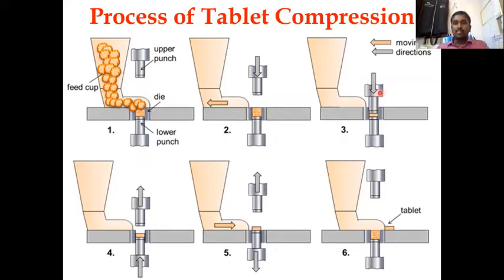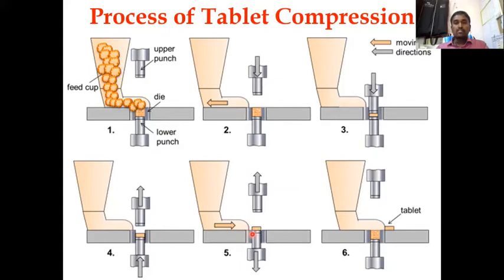Now the upper punch, which was situated here, will be lowered. Then these two punches come very near together and compress the powder present here as tightly as possible, to get as much hardness as it can. After the punching, this upper punch, you can see the arrow mark facing upwards, will move back, leading to the formation of a tablet. You could see the size here, it is a big size. The powder is filled, and it looks very big. But once the upper punch came and punched the powder, you can see its volume has been reduced to half, leading to the formation of a tablet.